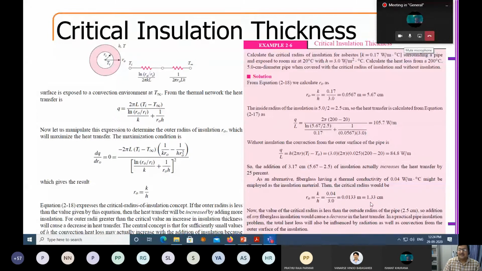Correct? So why is this problem so important? Because if you tell in your interviews that your favorite subject is heat transfer, the first questions will be on Newton's law of cooling through convection, or maybe Fourier's law of conduction. Then they may ask how exactly you develop the Coulomb equations. And then the next question that in general comes is what is critical insulation thickness.